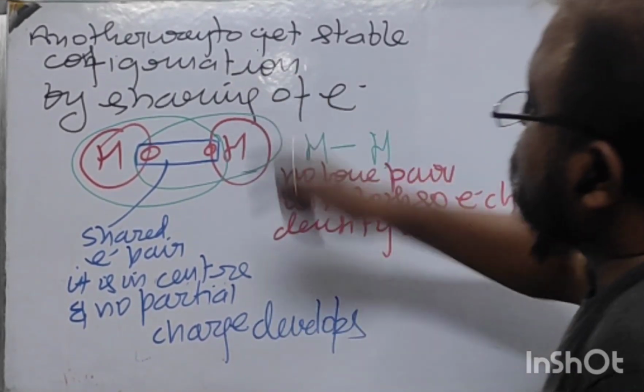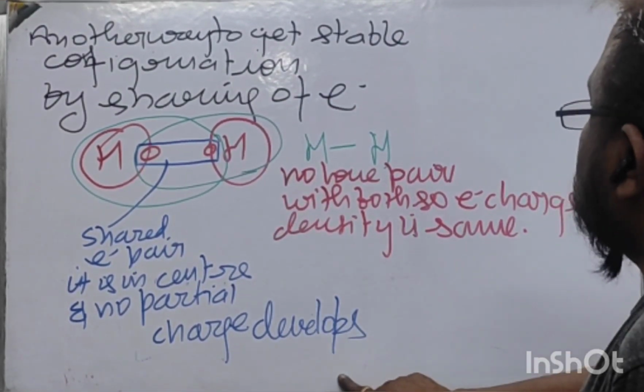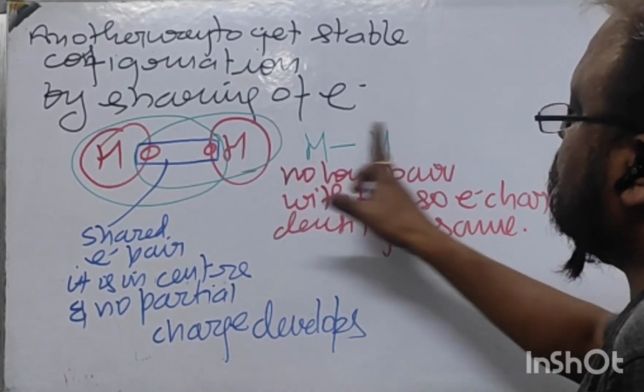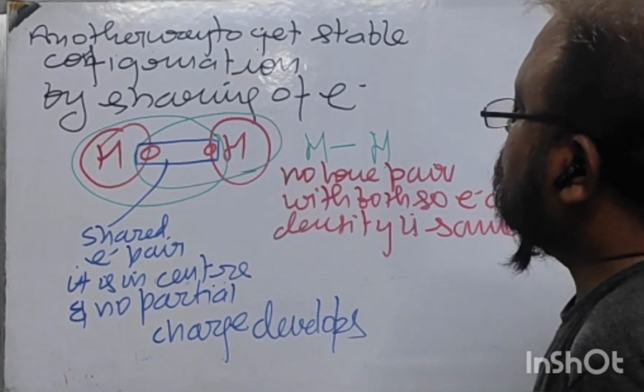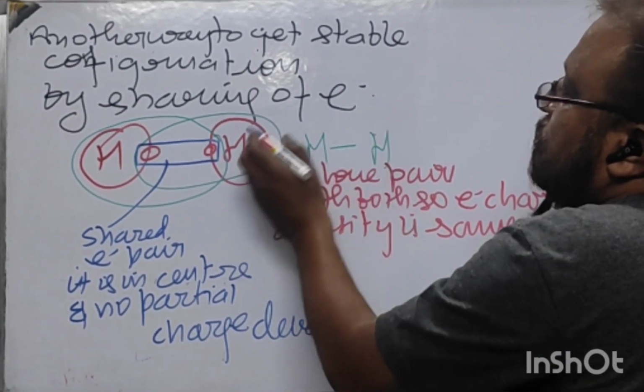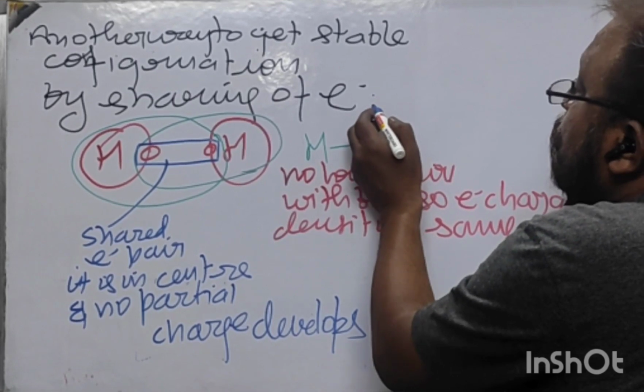That's why, since no partial charge develops and the electron charge density on both atoms is the same, they form नॉन पोलर कोवैलेंट बॉन्ड्स, इनको बोलते हैं नॉन पोलर कोवैलेंट बॉन्ड।